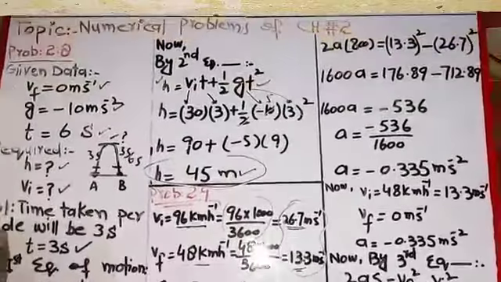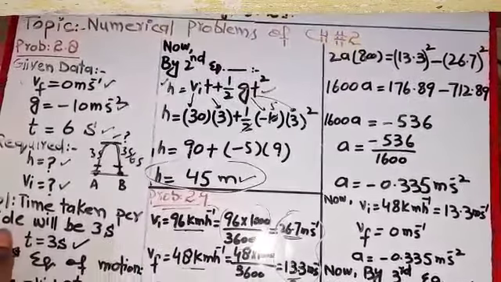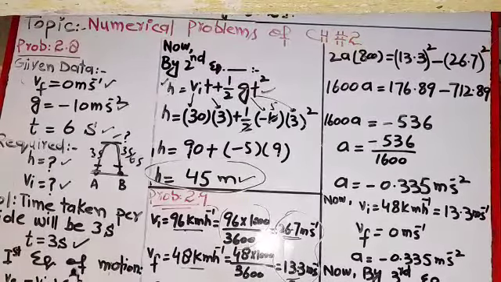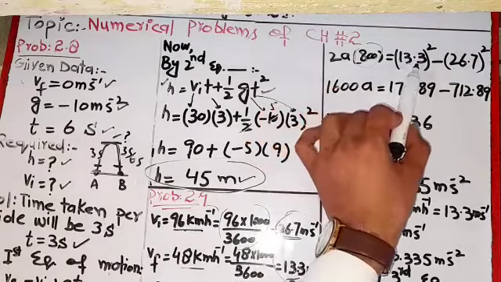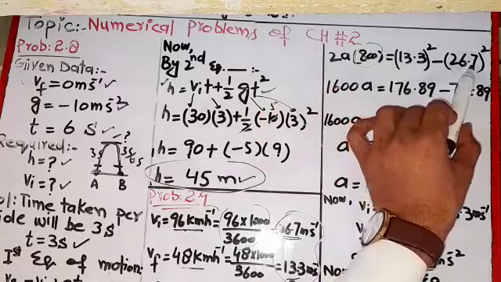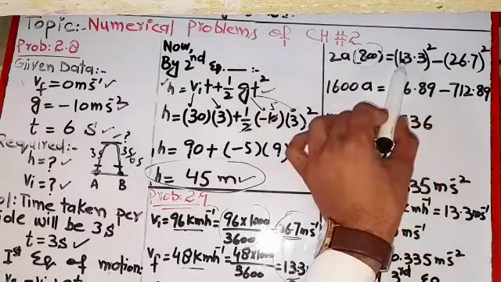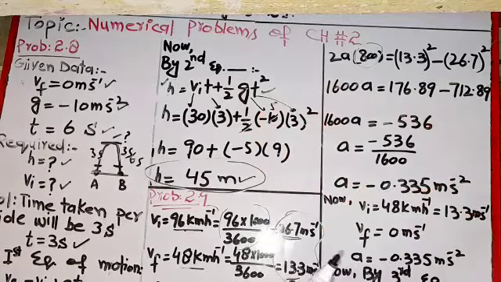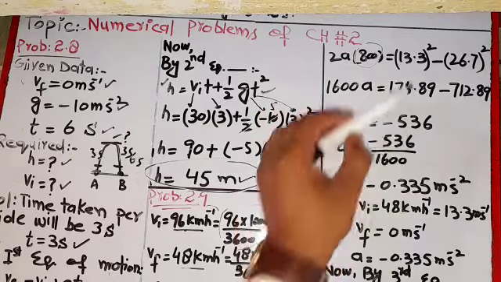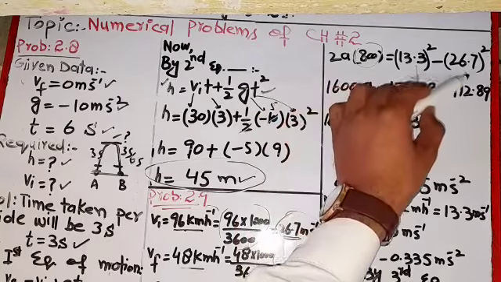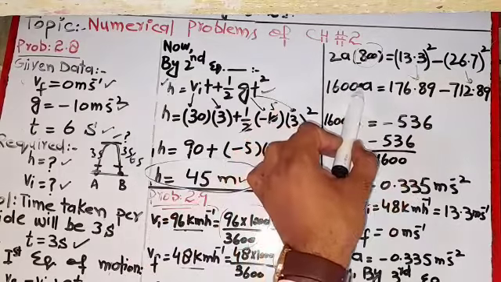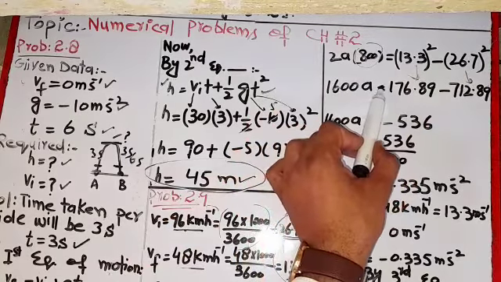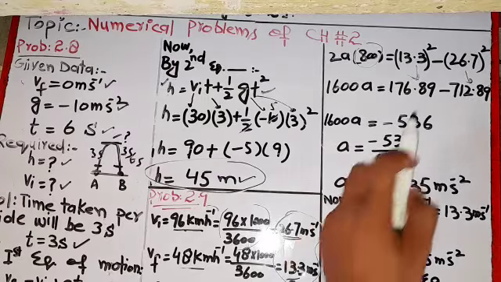By putting the values, s is 800 meter, initial velocity is 26.7 and the final velocity is 13.3 meter per second. By squaring,